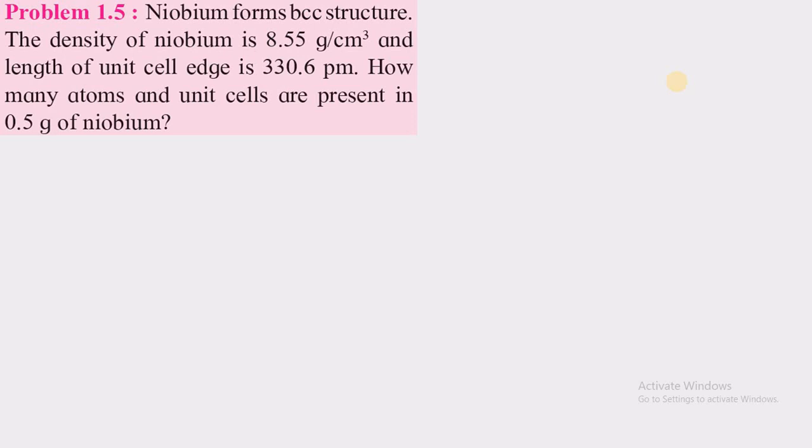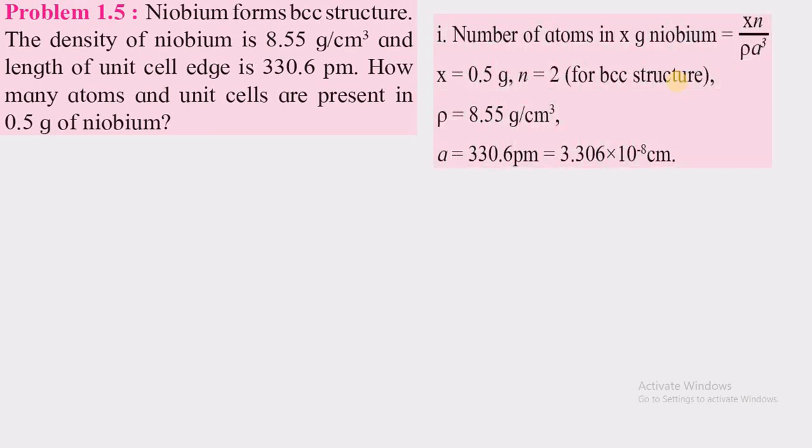Niobium forms BCC structure. The density of niobium is 8.55 gram per centimeter cube, and length of unit cell is 330.6 picometer. How many atoms and unit cells are present in 0.5 gram of niobium? Here again remember the formulae. We have to calculate the number of atoms and unit cells, and now we can write the number of atoms